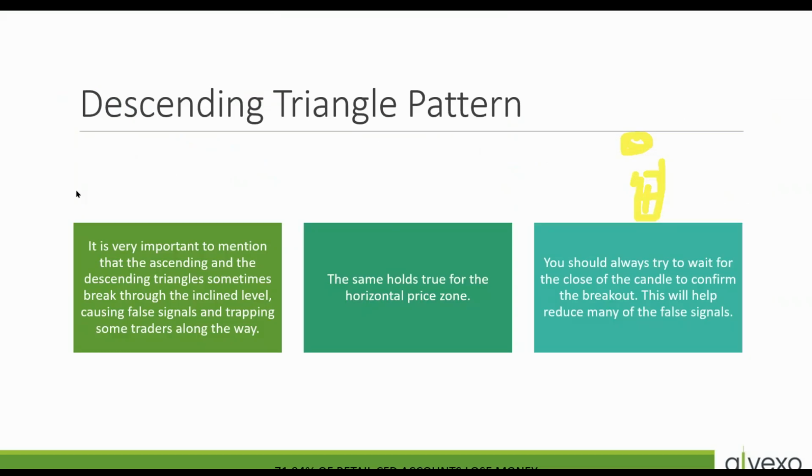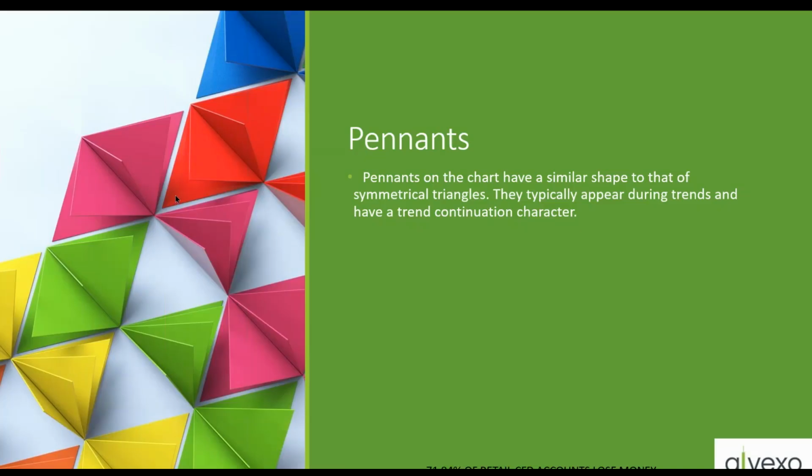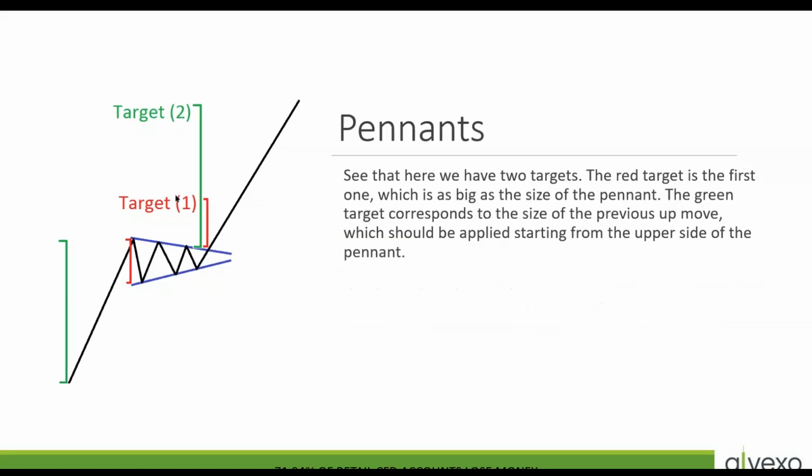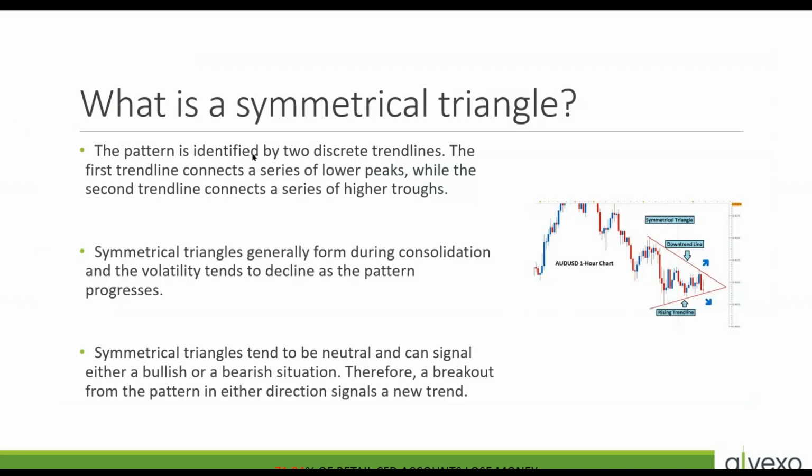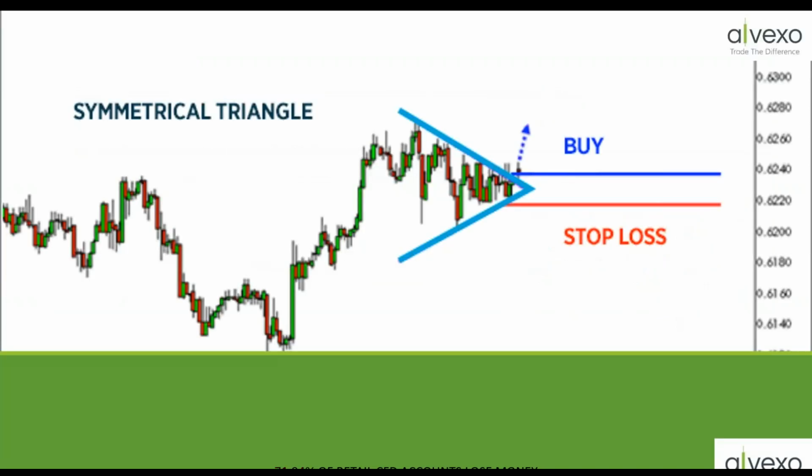Because the question is, how do you know that it's offering an opportunity? And whether it's a rising wedge, whether it's a symmetrical triangle, whether it's a bearish pennant, whatever it is, we have to wait till we get the breakout. Okay. Now, the rule of thumb, whether it's symmetrical triangle, ascending, descending, no matter what it is,